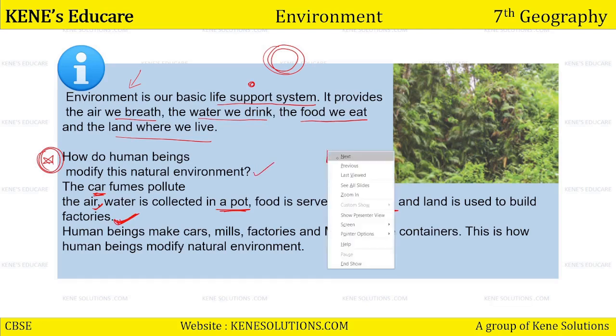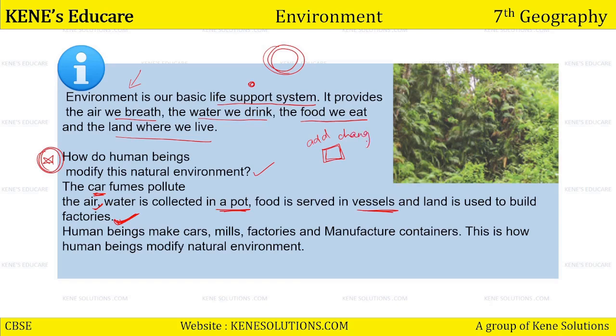All these components and additions to the environment are known as modifying the natural environment. When you change something of the environment, when you add something to the existing environment, then it is known as modifying the natural environment. You are not destroying it right now. Various people are destroying it, but when you add something to it, when you change something, then it is known as modification. But when your addition is giving any negative effect, then it is known as destruction. But when your addition does not give any negative effect, it is known as only modification.